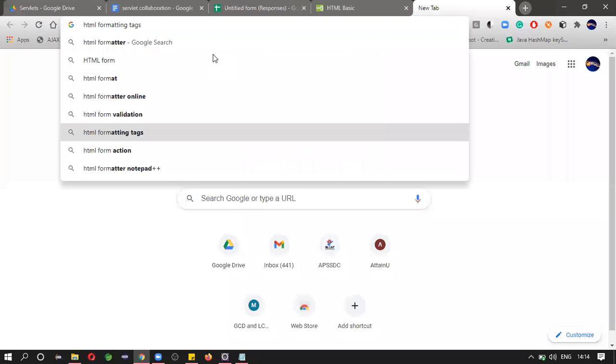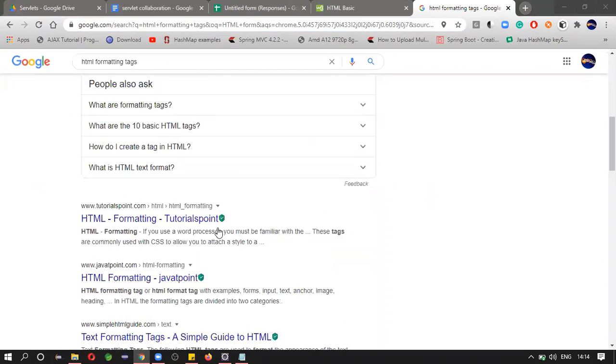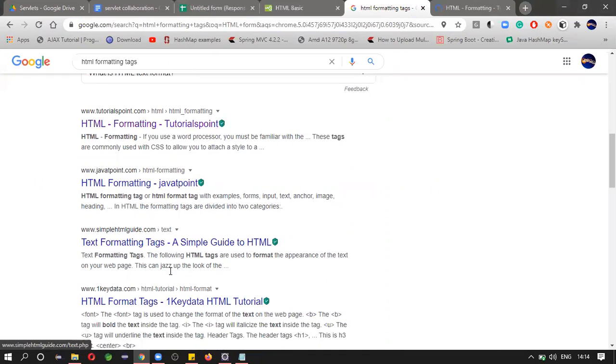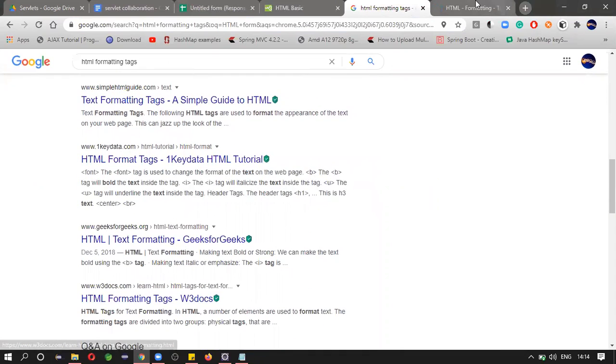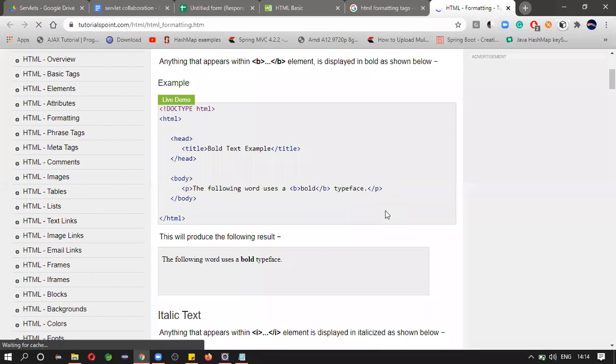HTML form. Okay, let us start with the basic syntax.